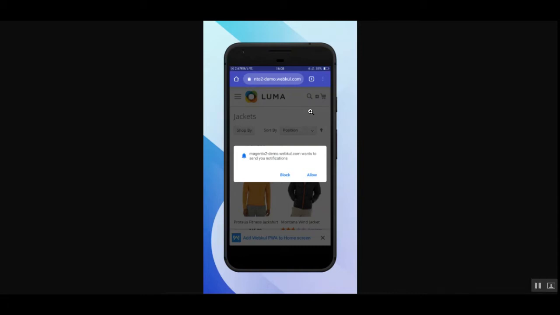Today we'll be checking out our updated plugin, that's the Magento 2 Progressive Web Application plugin. As we know, PWA is a web technology for making a website act and feel just like a native mobile application. The PWA gets installed and can be launched just like a native mobile application on your Android or iOS devices. Also, PWA development uses web browser capabilities to provide an app-like experience to the users.